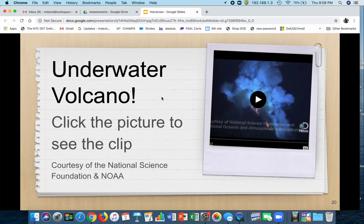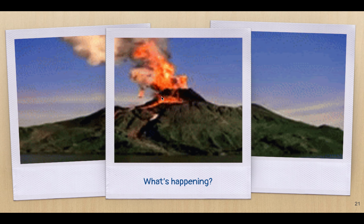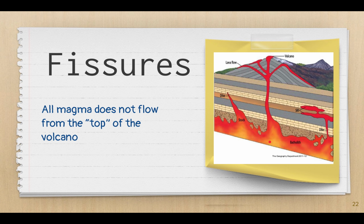All right. You can watch the rest on your own when you're going through the slideshow. So, volcanoes. What is happening with these volcanoes? Well, first of all, take a look at this picture here. We have a magma pocket down here, and the pressure is forcing the magma up, but the magma doesn't always